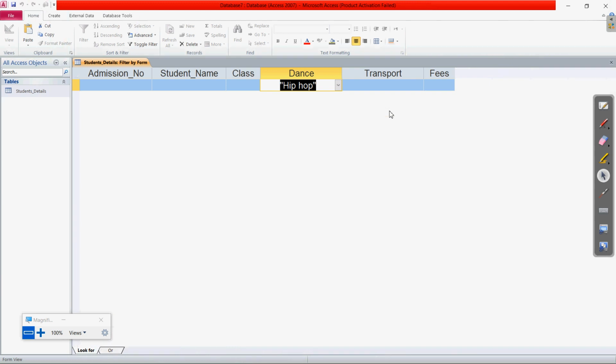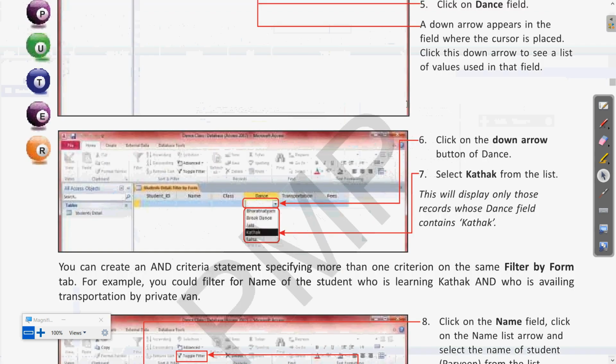So if we come to our database, here we have the different fields. Whatever field you want to choose, we can click on that particular field, and if I click on the drop-down, here you can see the different dance forms. It is already showing the dance forms which we have. If I choose any of these, we can get that in the criteria. So here you have seen we chose one dance form, Kathak. Okay, now let us see this further.